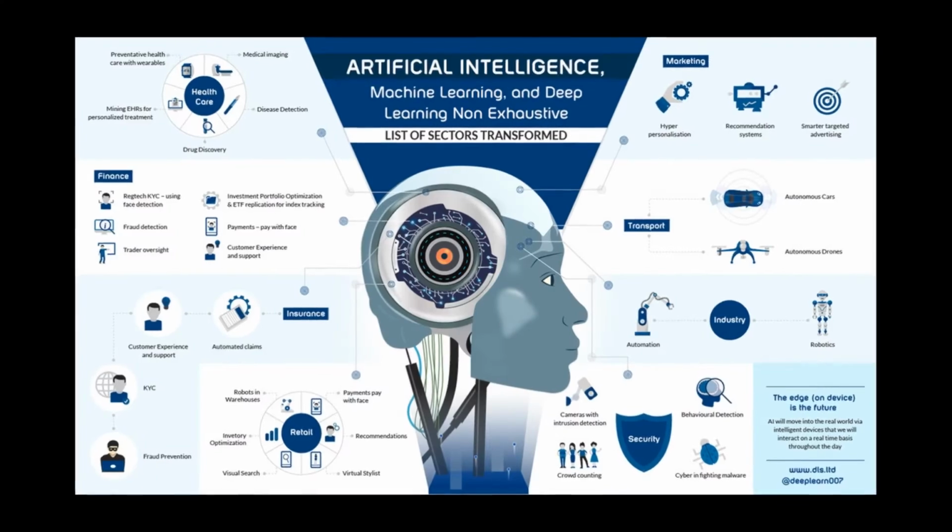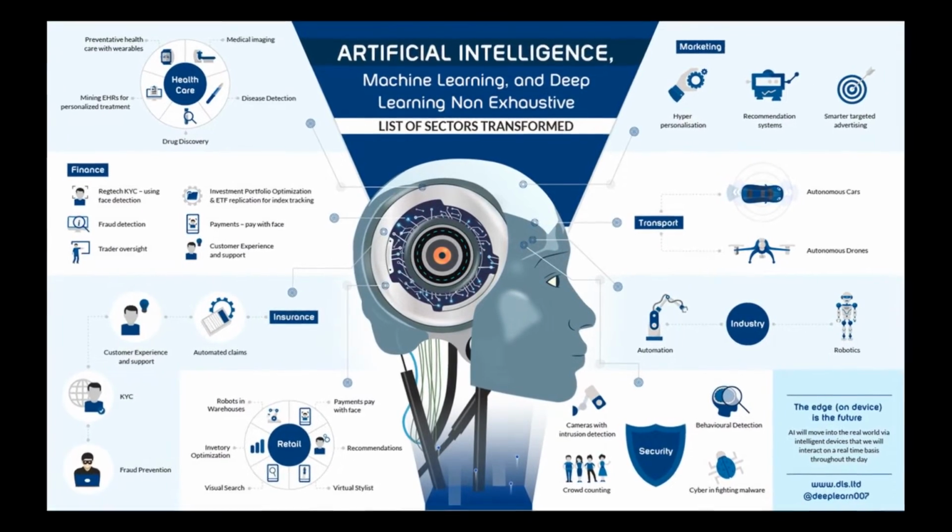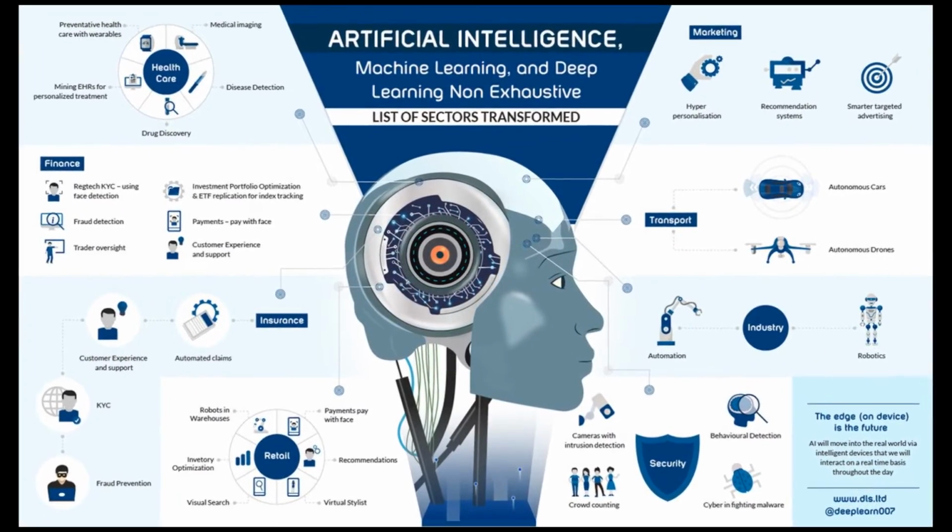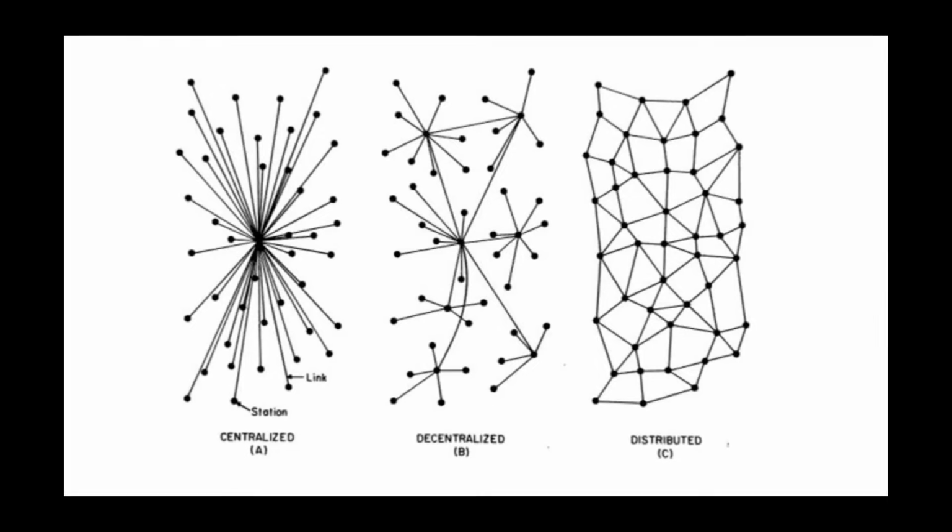Let's move on. So what do these projects have in common? That's the first question we have to ask, and by asking that question we can know what differences they have, and hence we know the relationship that they have now and in the future. So they all focus on artificial intelligence and machine learning. They focus on data democratization and monetization. They all focus on the idea of open source and decentralization.